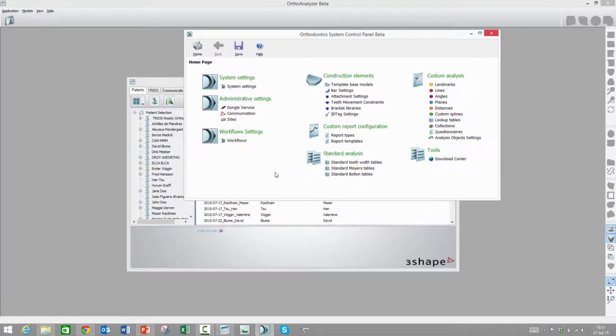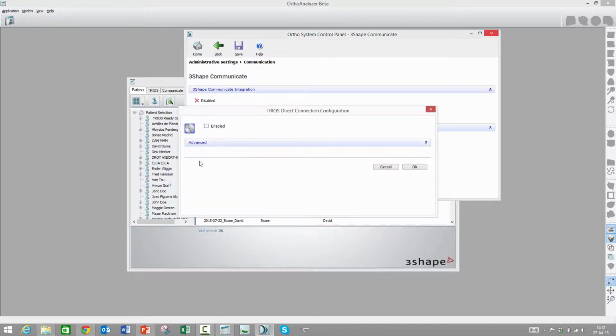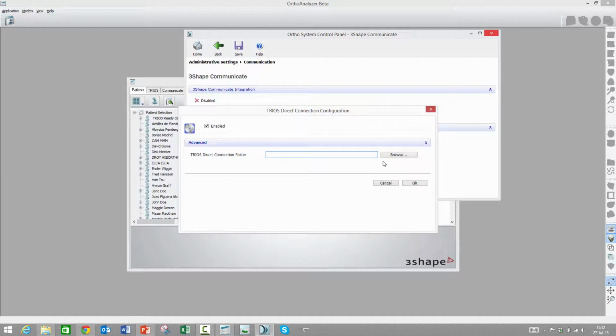And in the Ortho control panel here, there is a link called Communication. This is where you need to do the final thing on the Trias integration. As you see here, Trias direct connection is disabled, so I just need to click Configure, set a tick mark in Enabled, and then I can type in the folder that I created in the first step. You can either browse or just type it in like I've done here. I click OK, and I confirm the save,